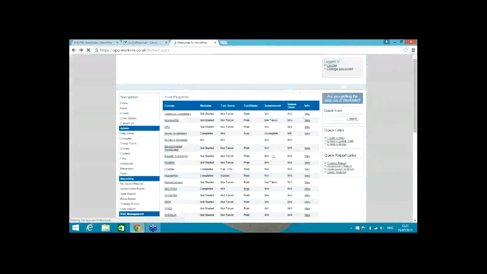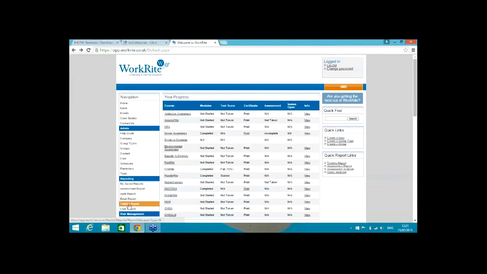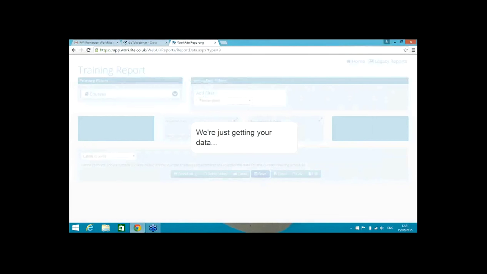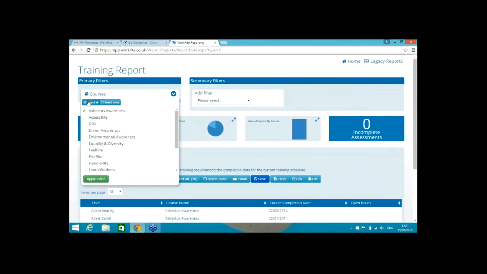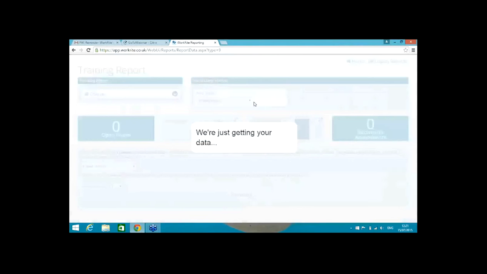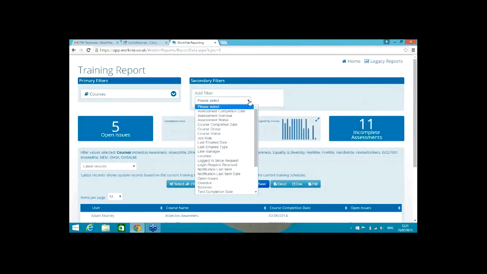Two more reports to show you. We've got a training report. Now this obviously is everything that's regarding training. So if I pick all courses on this report, select all, apply the filter, I'm then going to apply,